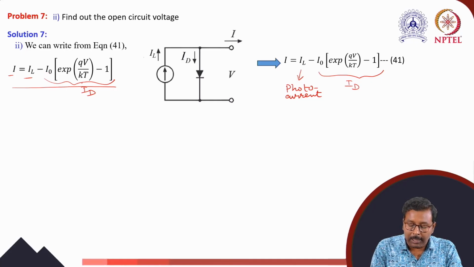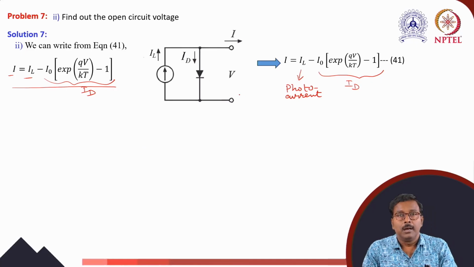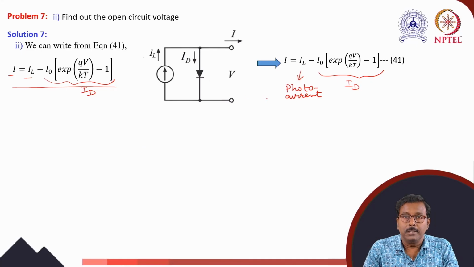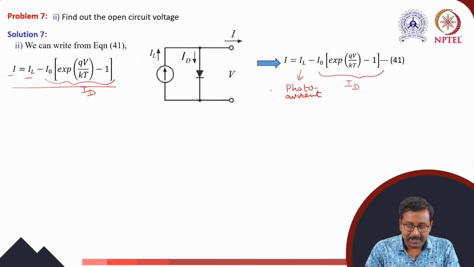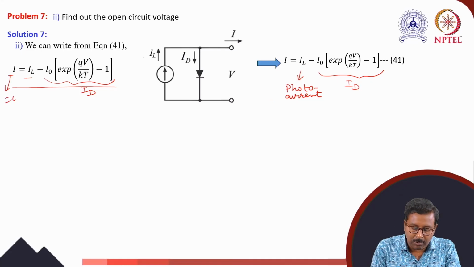Now if you would like to calculate VOC, the open circuit voltage, you can do it from this equation. Open circuit voltage means the solar cell output terminals are open. It is not connected to any load. That means in the external circuit there is no current flow, and I is equal to 0,